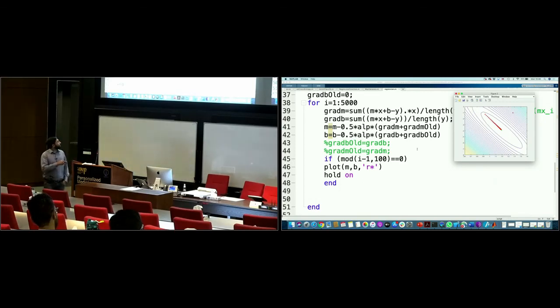So let me just explain to you what is happening in this figure. First of all, we have a contour plot. The color of the contour is showing you the value of the function. Blue means smaller value, red means higher value. So the function, typically it's minimized here. You can see that because as you go from this point outward, your function is increasing.